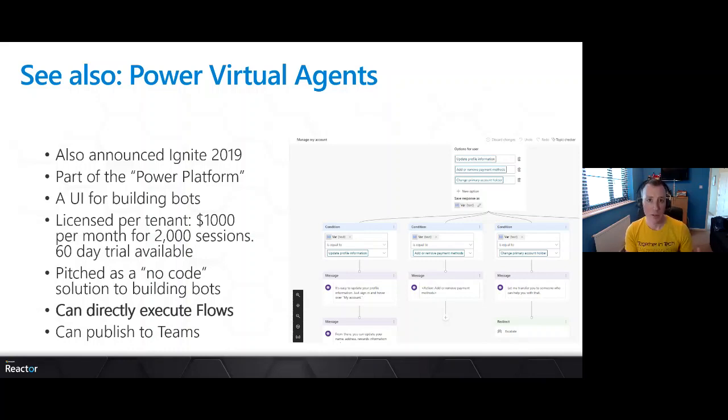So if you've got a dev team, have them build that using Bot Framework. You can then expose that inside Power Virtual Agents, so your business users can literally drag that in as a skill and have Power Virtual Agents use it inside other no-code solutions. You can mix and match them like that, and that makes it really powerful inside an organization to get those business processes done. So two different ways of writing bots, both with advantages and disadvantages. You've got to pick the one that's right for you.